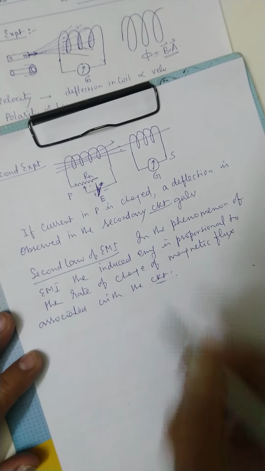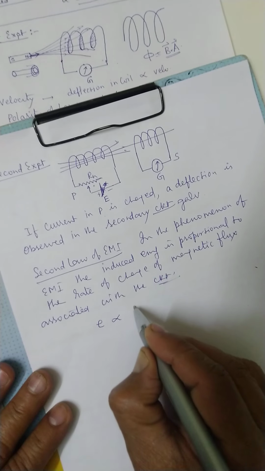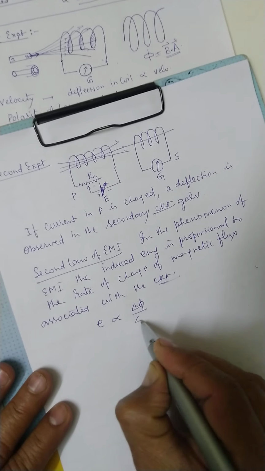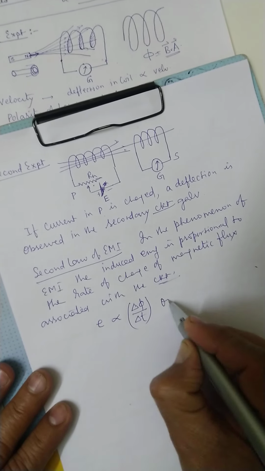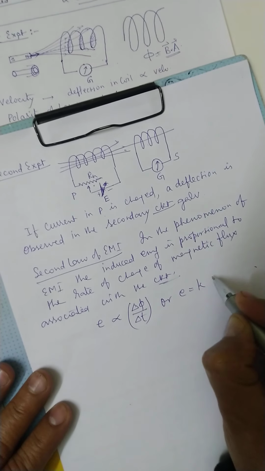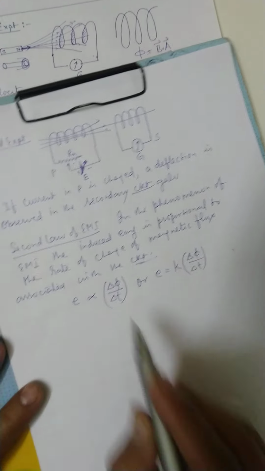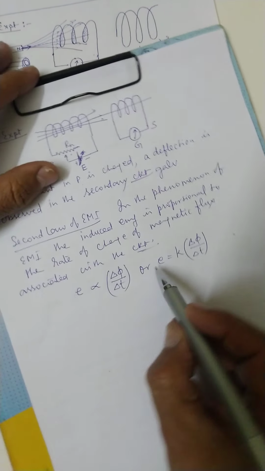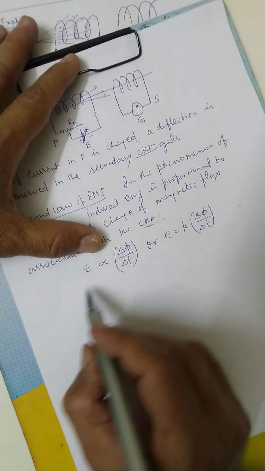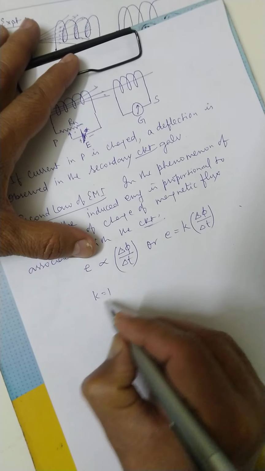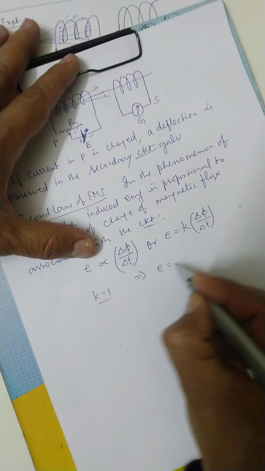That is, induced EMF is proportional to the rate of change of flux, that is delta phi by delta t, or E equals some constant k times delta phi by delta t, and we select the dimensional system in such a fashion that k comes out to be 1, so that will lead to delta phi